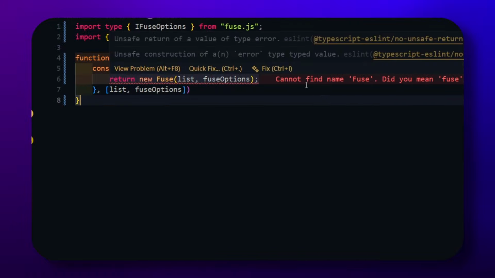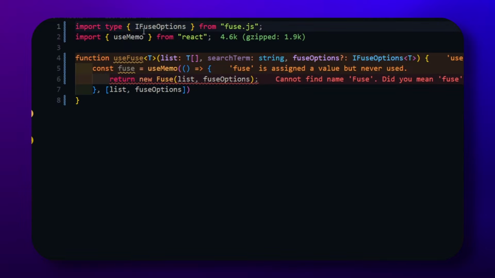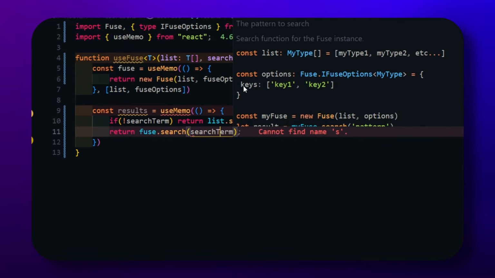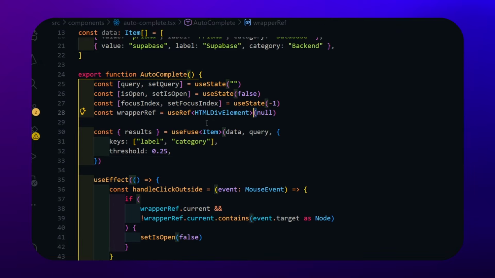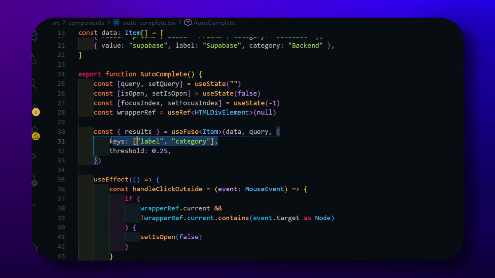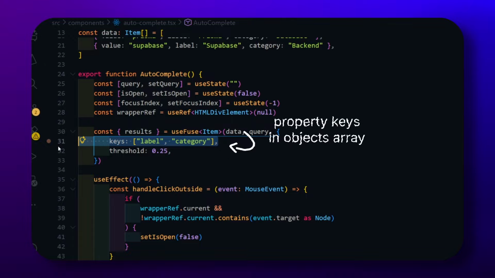Then, based on the user's query and options, use the search function that will return the best matches. Add the useFuse hook into your component, add the items list and the user's query. Now the options. The keys property is just a set of properties from the array based on which we are searching